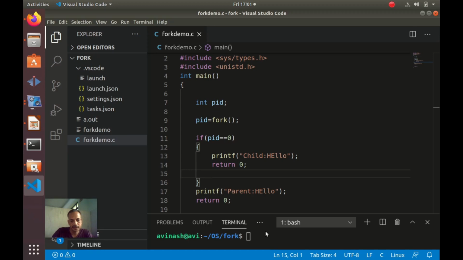That's why either use VS Code, Eclipse or NetBeans, whatever editor you know or want to learn. If you don't know Eclipse or NetBeans, don't try to go for them. Directly go for VS Code, because VS Code is more powerful than other editors. You can write a program in any language in VS Code, starting from web technologies, Java, Android, everything you can do with the help of VS Code. Okay, so let us save this program.